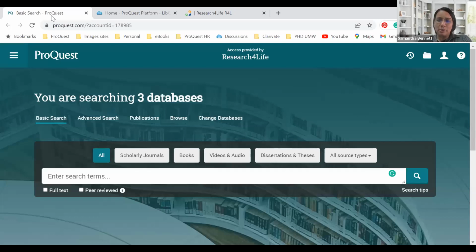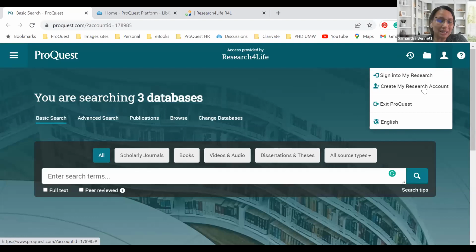The second most important thing on this platform is the human silhouette. The human silhouette allows you to create a My Research account. And if you already have a My Research account, you can simply sign into it. I'll get back to that in a little bit. You can also change the language of the platform so that you can read and understand it in a language that you are familiar with.